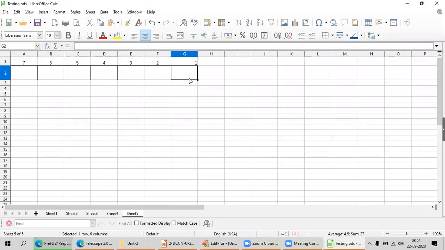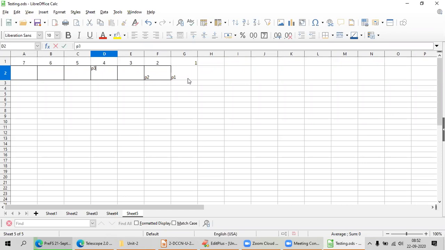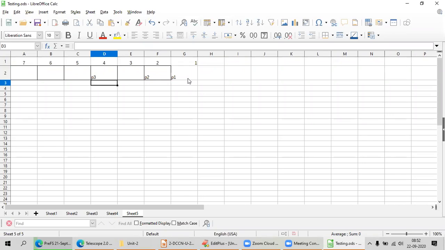2 to the power of 0 is the 1st position, so I am going to add the parity bit there. 2 to the power of 1 is 2, so I am going to add a parity bit at position 2. 2 to the power of 2, in that case I am going to add the parity bit at the 4th position. 2 to the power of 3 would be the 8th position, but my Hamming code does not have an 8th bit, so I need not worry.